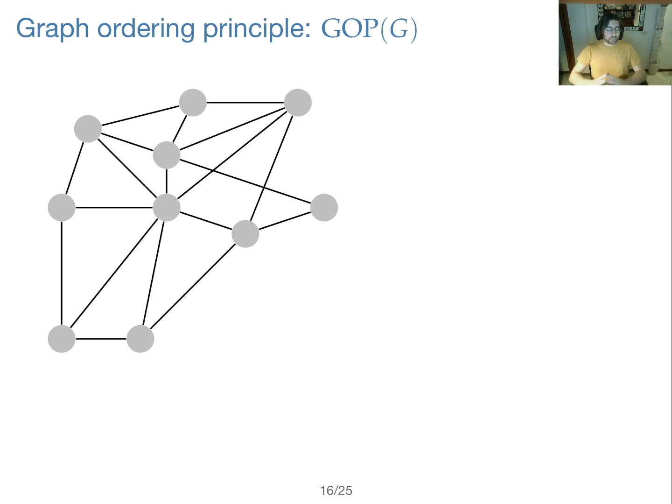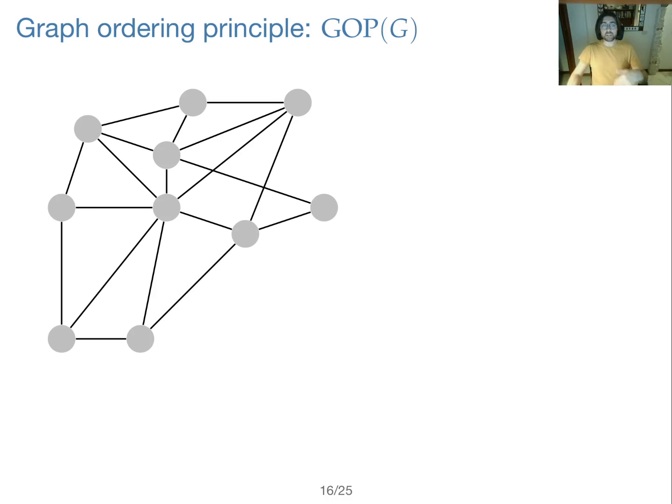So, how do we find this proof, which is hard for polynomial calculus without negative literals, and is easy for polynomial calculus with the negative literals? Well, the starting point is the graph ordering principle. The graph ordering principle formula starts from a graph and the formula claims is an unsatisfiable